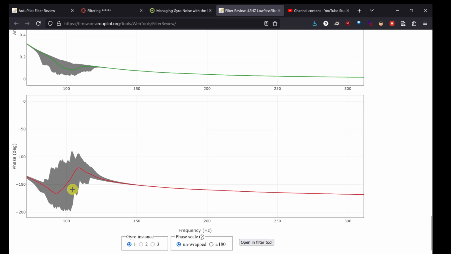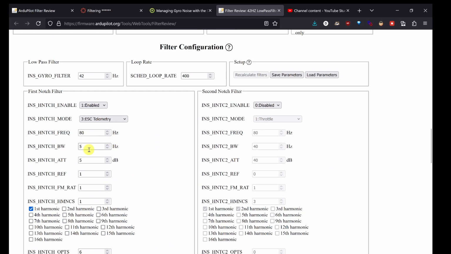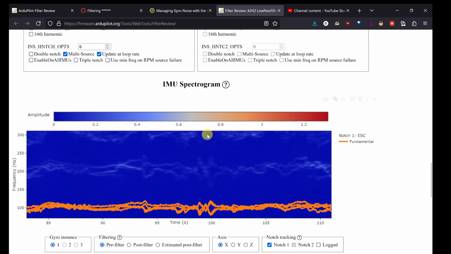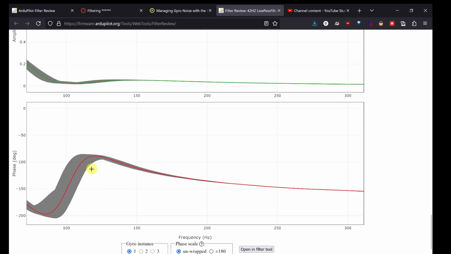Okay, and so these filters are moving around a lot. Those gray areas, they're moving around a lot. As we play with these values, let's take this, for example, back up to 40. You also see the amount it's moving change quite a bit. This filter is not moving all over the place nearly as much as it was before because it is